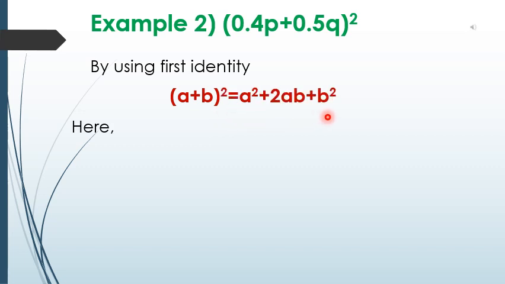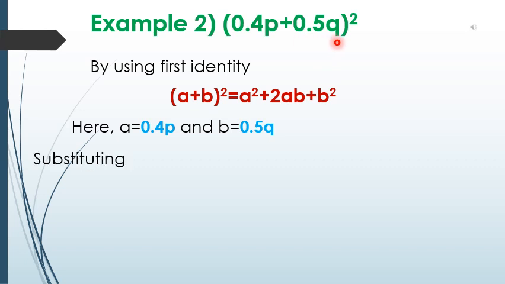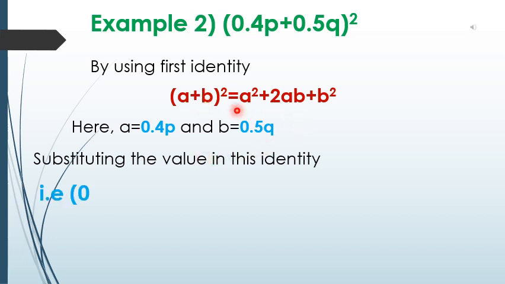Here a is equal to 0.4p and b is equal to 0.5q. Substituting the values, that would be (0.4p) whole square plus 2 into 0.4p into 0.5q plus